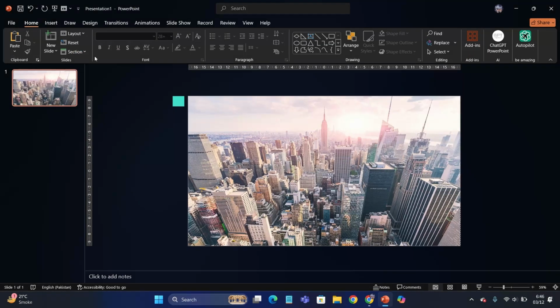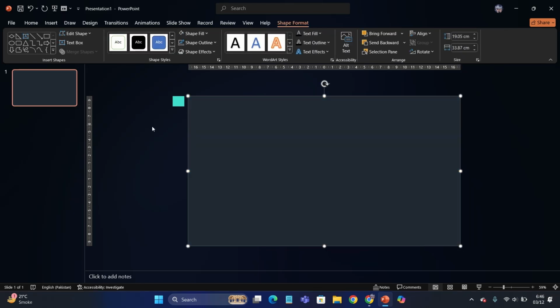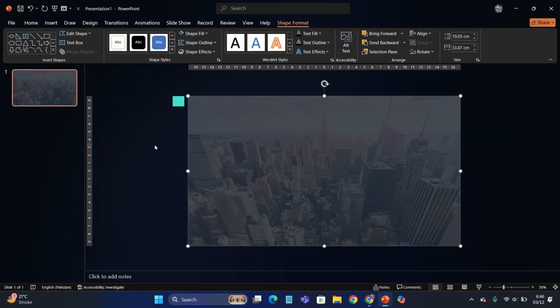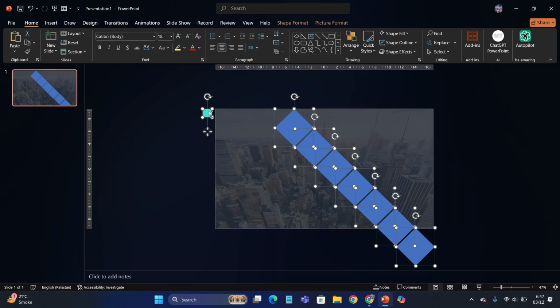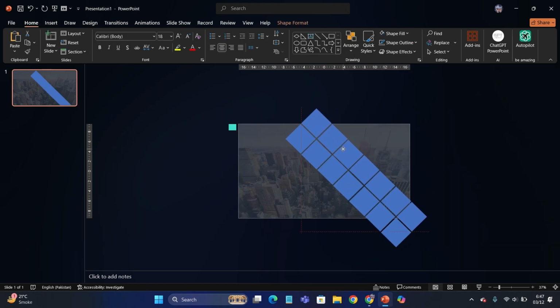So let's make a PowerPoint template. First of all, insert an image in the background and insert a rectangle and change its color to black and then give it transparency. Insert this diamond shape and you have to duplicate it by pressing Ctrl plus D about